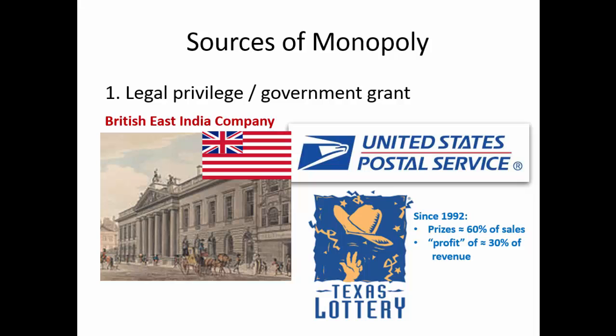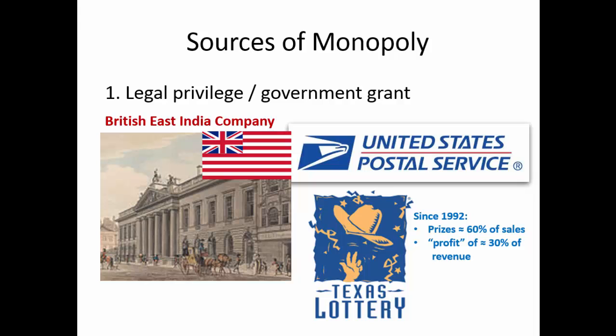Here's another one that's still with us, state lotteries. You'll notice that there's only one lottery operator in each state. It's a monopoly. It's legally established. It's got a charter from the government. It's allowed to sell tickets and run a lottery. And remember that monopolies see permanent profits and higher rates of profit than competitive industries. In competitive industries, profit rates are competed down to where they're pretty much, in the long run, not going to be much larger than interest rates.